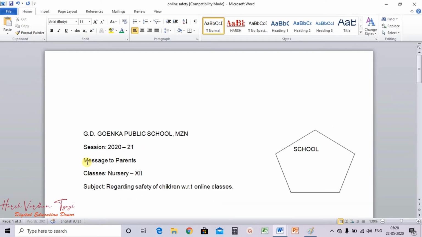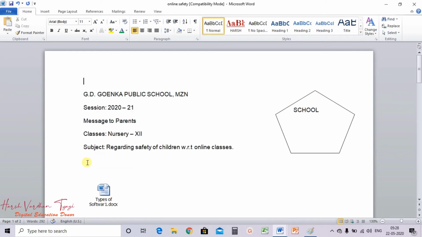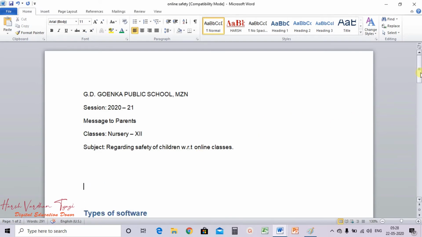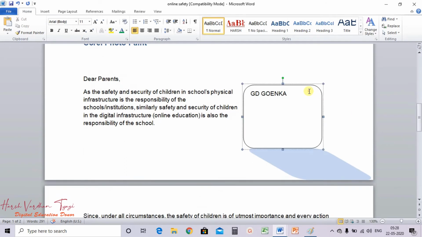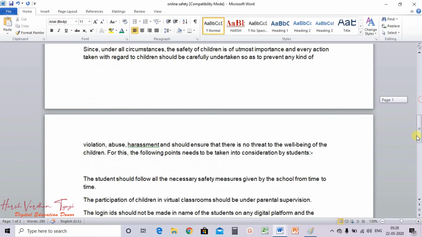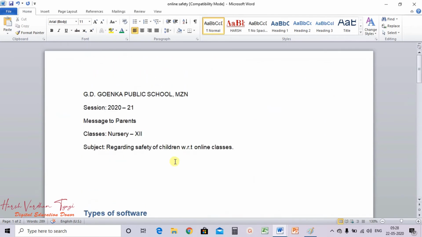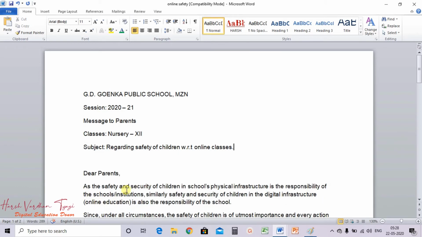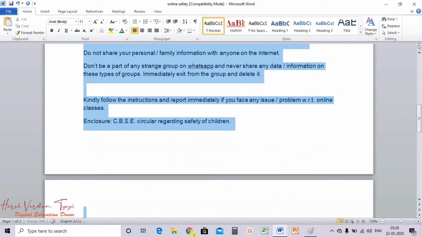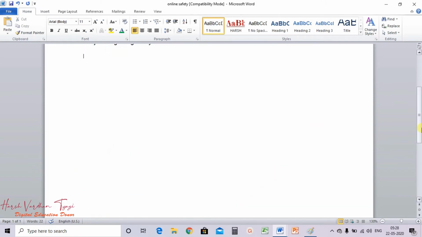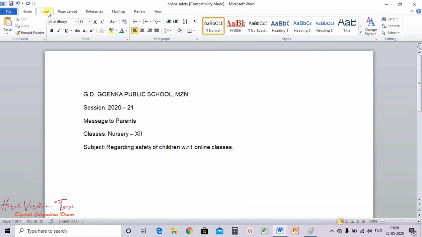So what I am doing, I have just opened a text file that is already built in. Now we'll discuss the text wrapping option. Text wrapping option means that whenever we are inserting any object, so what will be there? Now suppose I am inserting